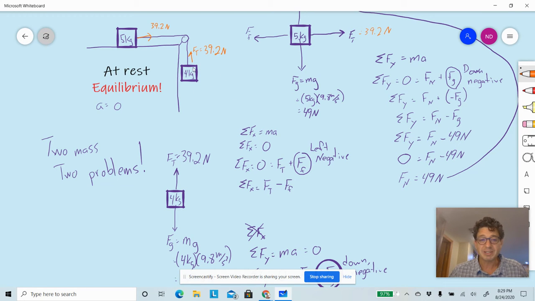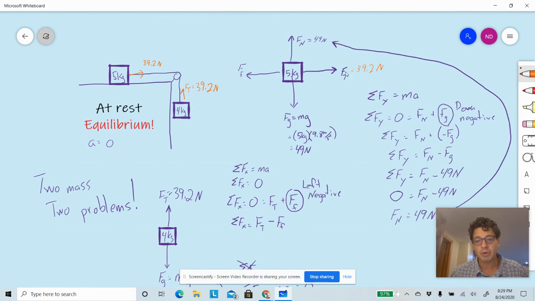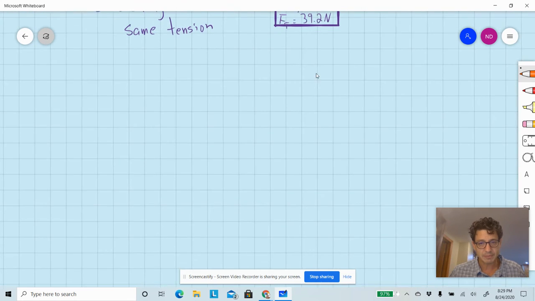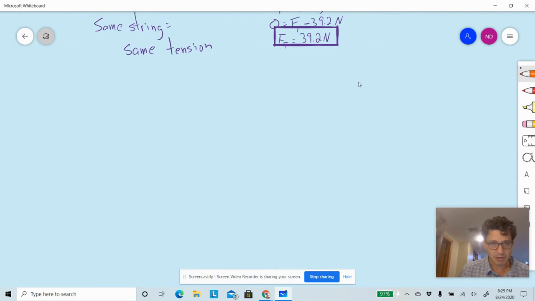Well, if you know the force of tension, right, same rope, same tension. The force of tension here was 39 newtons, so the force of tension there is 39 newtons. Now you go back to your free body diagram of that box. Sum of the forces horizontally in the x direction. This is getting a little crazy, so I'm going to redraw all of this. Okay, so if we come back down here and we have a